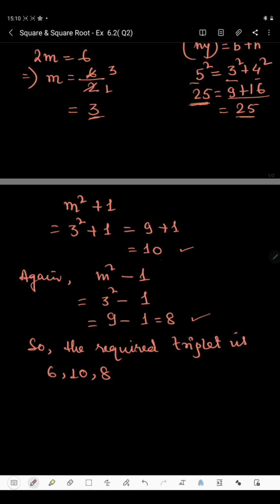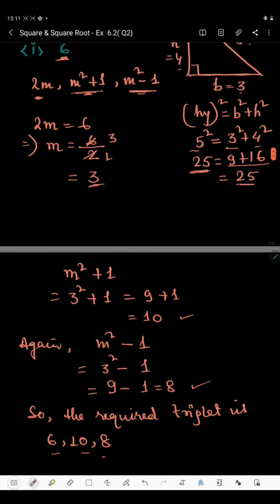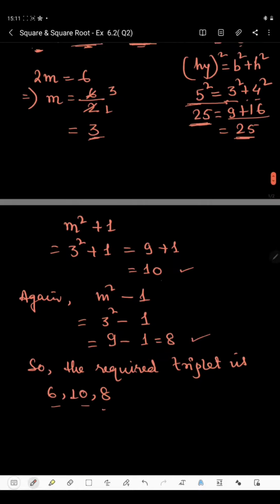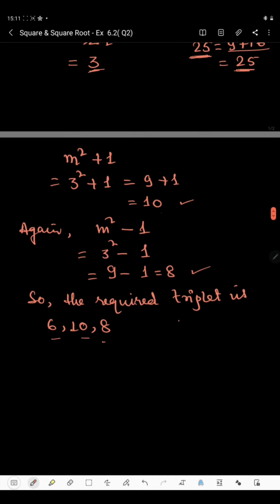Now if you want to check whether these are the triplets or not, then again by Pythagoras theorem, see, these members we have got from Pythagoras theorem. So as I told you, if the value on the left hand side is matching with the value on the right hand side, then we can say that the numbers which are given are the members of Pythagorean triplet. So here see we have got 6, 8 and 10. Okay, so here the longest one is 10. So the square of the longest side will be equal to the sum of the squares of the two smaller sides, which are 6 and 8.